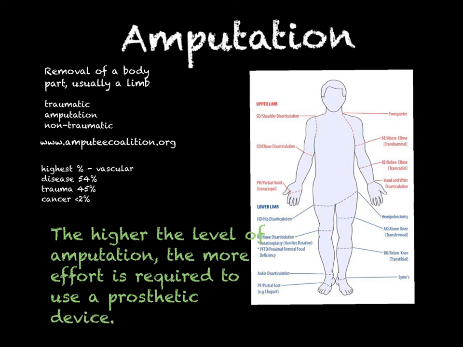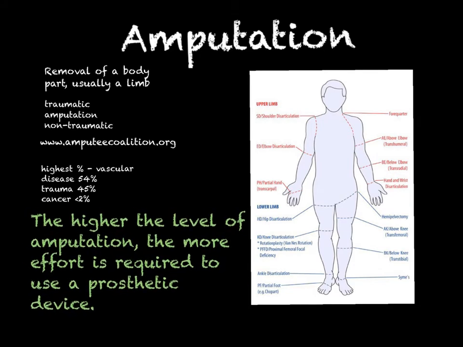Now, when we're discussing young, healthy patients, that might not matter as much, but who are most of our patients? Most of our patients are older, they're diabetic, they're smokers, they may have many concurrent diseases, they might have heart disease, they might have COPD, they have diabetes. They don't have as much energy to work that prosthesis to begin with. And if it takes more balance and coordination to use a prosthetic device, they're at higher risk of falling. So that is important to remember.